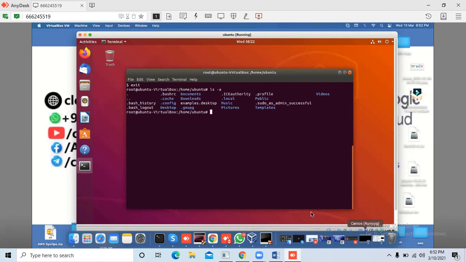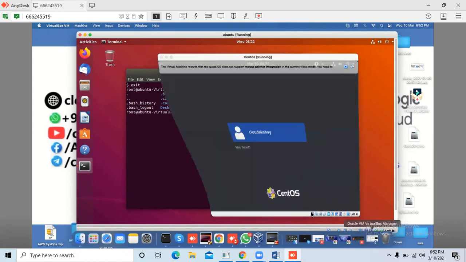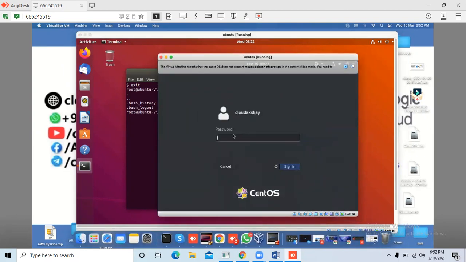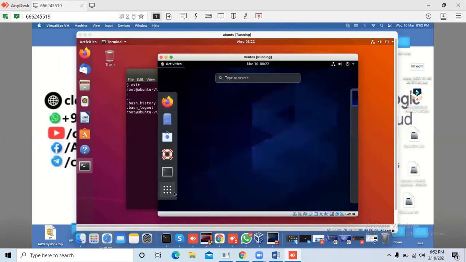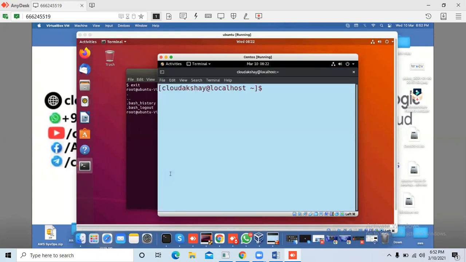So let's open another machine. This is my other machine. The base is Linux, so you can run the same commands on Ubuntu or any Linux. We can also check cat /etc/passwd.